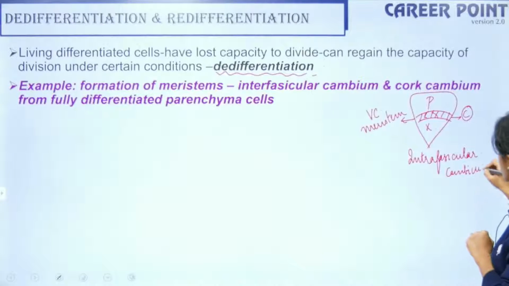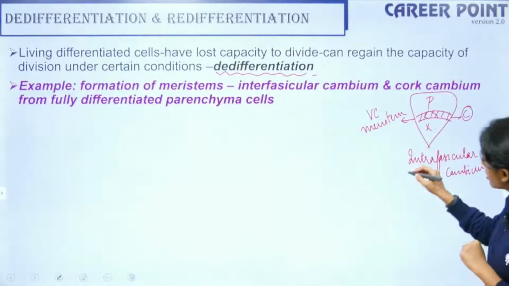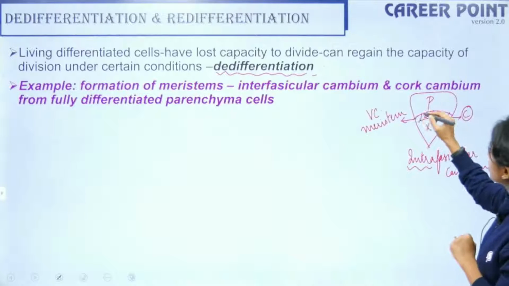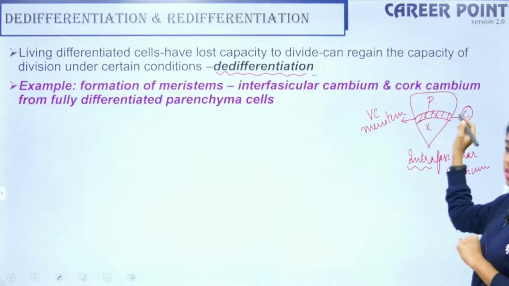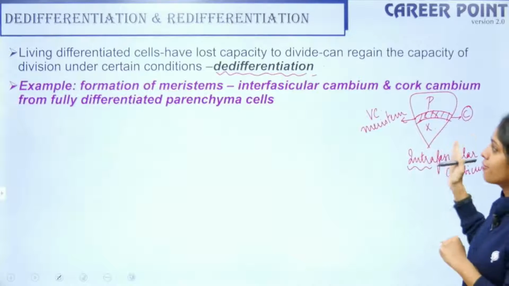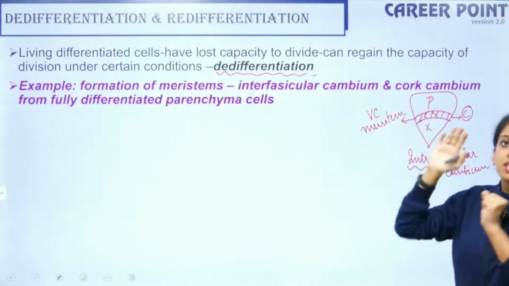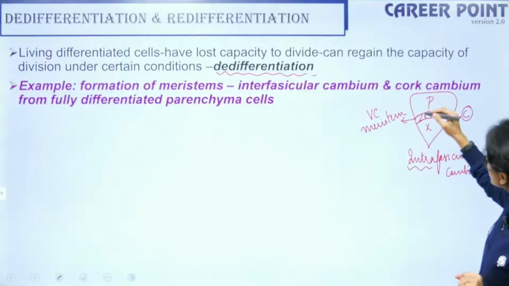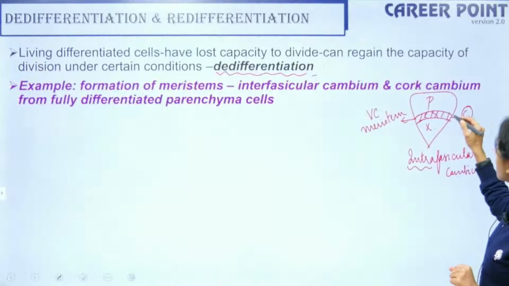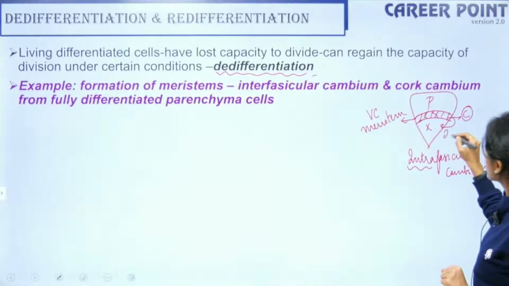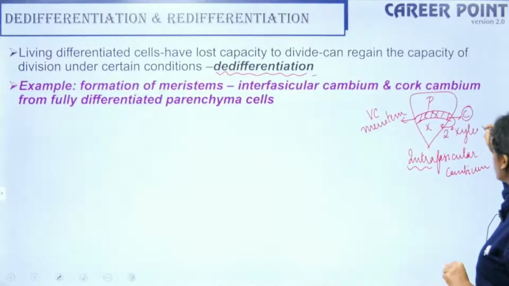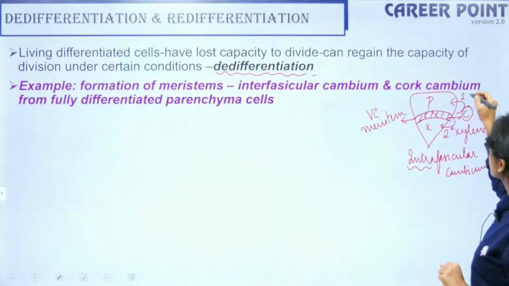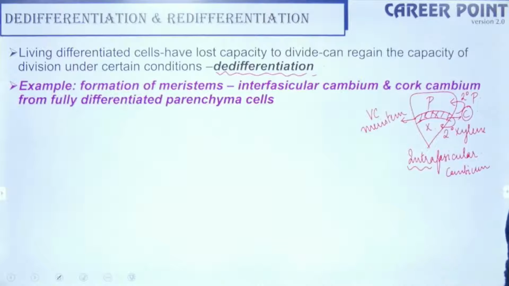Right? So you remember this? Right? So intra is within. So within this vascular bundle you have a cambium. So this is intrafascicular cambium. Okay? So it is still meristematic. So this vascular cambium gives rise to secondary xylem and secondary phloem, right? Yes, so this is what gives rise to secondary xylem and secondary phloem.